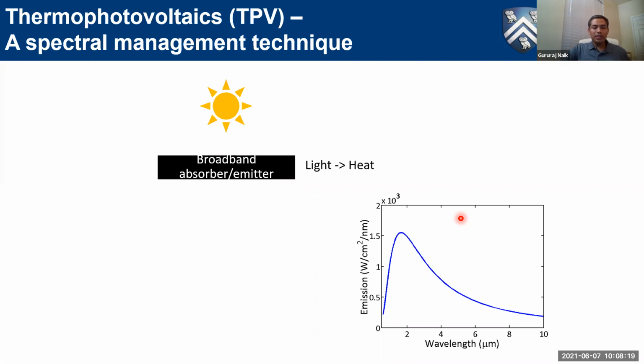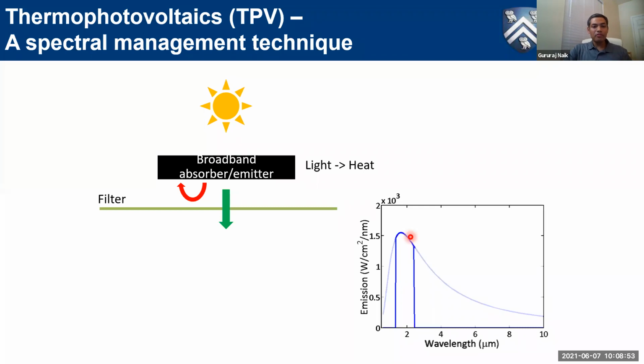So now once I have this black body hot, this hot body would also emit thermal radiation, right? A typical thermal radiation from terrestrial black bodies, which are not like 6,000 Kelvin, but maybe 2,000 Kelvin or less, will still be broadband, centered around infrared, not in the visible now. Okay, so we went from one broadband source, which is the sun, to another broadband source from the black body. So what's the point in doing that, right? Clearly that's of no use unless we do something, which is we put a filter here.